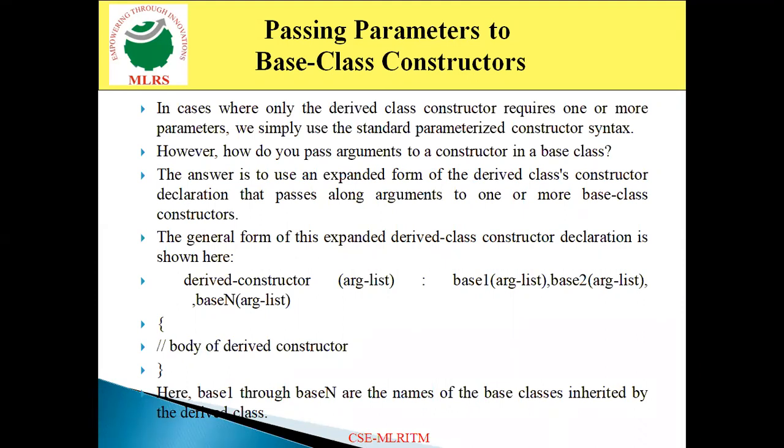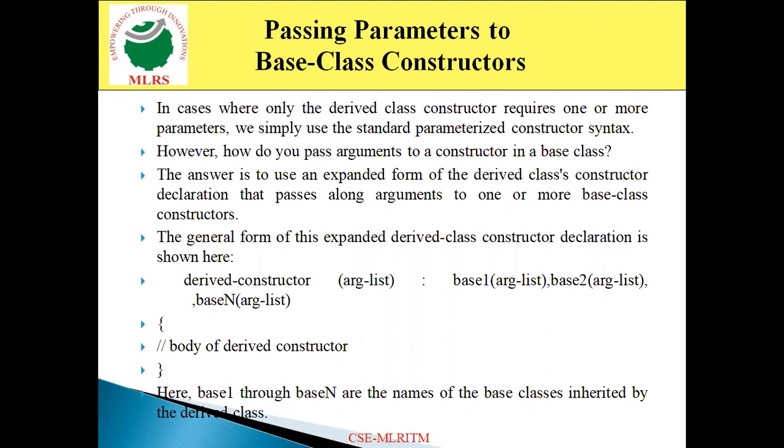When we work with constructors, it is easy to execute the constructor of the derived class when we create the object of the derived class. Here we discuss not only executing the derived class constructors, we are going to execute the base class constructors also. That is also done easily. But in some cases, we pass parameters to the constructors of both the derived class and the base class.